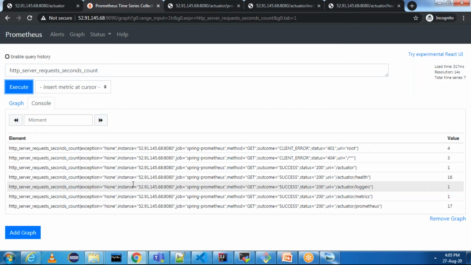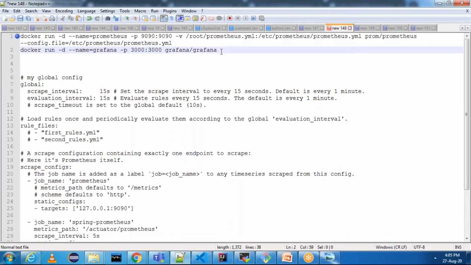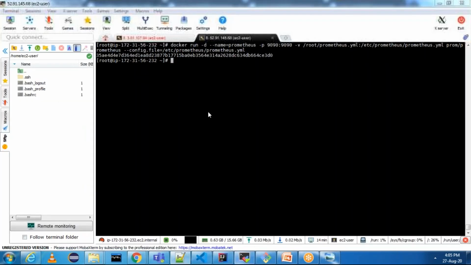But here we can see it, but to visualize it in a better way, we are going to use Grafana. If you want to use visualization, and if you want to query, visualize, and explore your metrics, we need to use Grafana. And for Grafana, we need to add Prometheus as a data source. And in plain English, Grafana is nothing but a tool which will convert your time series database into beautiful graphs and visualization, right? Let me run the Docker command for Grafana. This will install Grafana, and we can add Prometheus data source to Grafana.